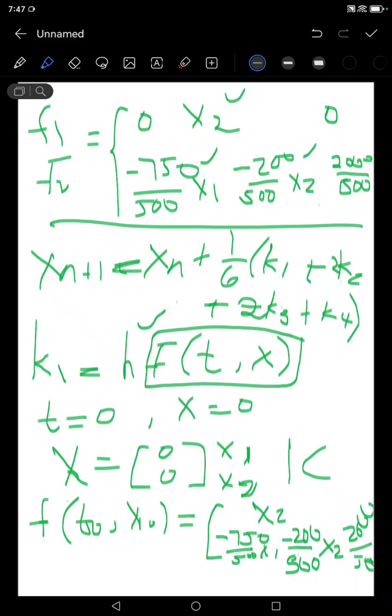You guys, I think you can hear me here. It's just 2000. This is just 2k over 500. There's no space. Let's say 2k over 500. It's on the side, guys. There's space between x2, x1, and this 2000. Okay,